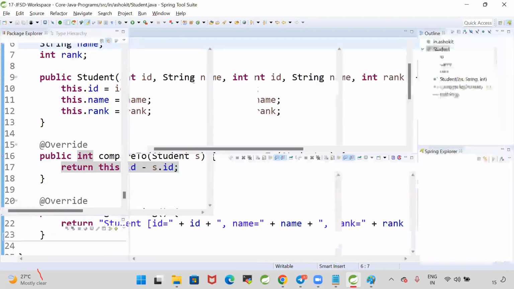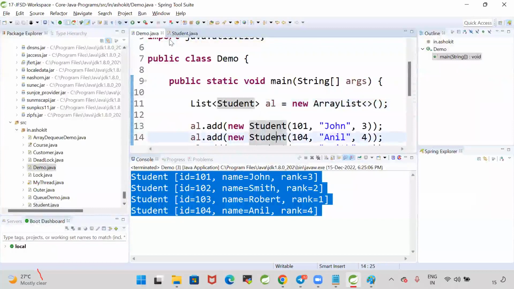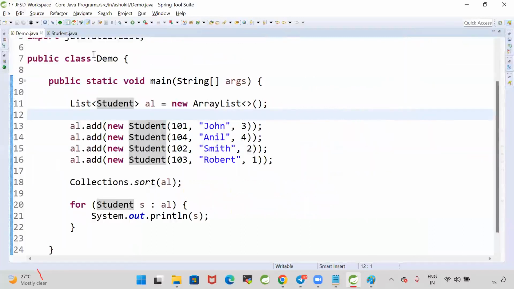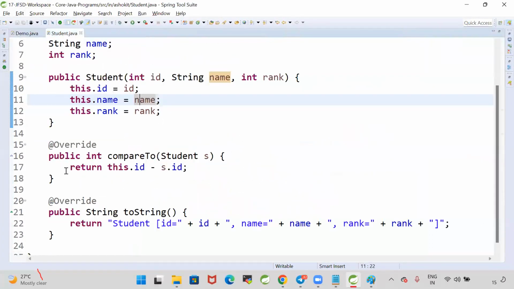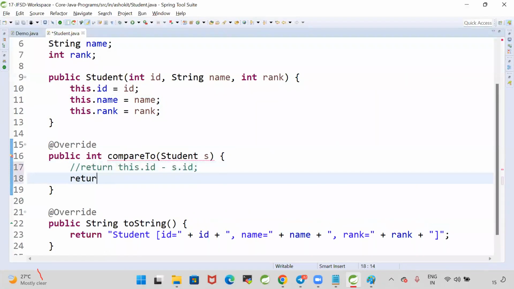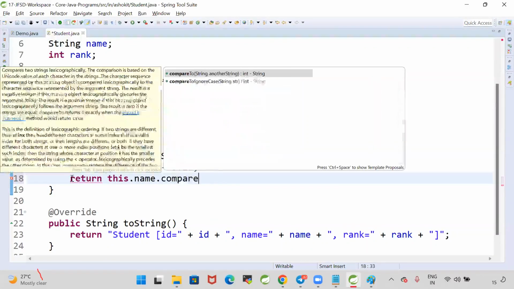Currently, how am I doing the sorting? In which order are my objects sorted currently? Based on the ID, my objects are sorted. For example, I want to sort my objects on the name basis. Can we do the sorting based on the name? Yes. I want to sort this by using name. Name is a string. Return this.name.compareTo